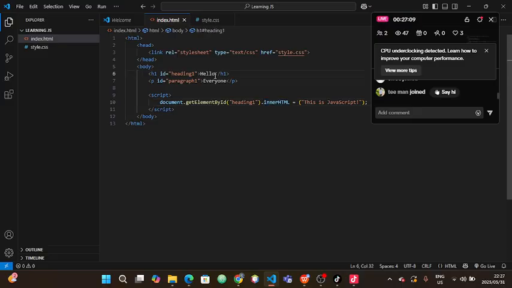Inside the JavaScript, what we did was we replaced the hello with this text. This is JavaScript. Now how did we do that? We used the inner HTML function of JavaScript. The inner HTML function basically says that the HTML text of a